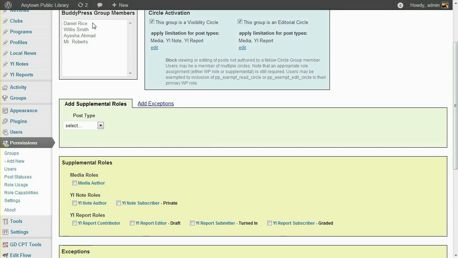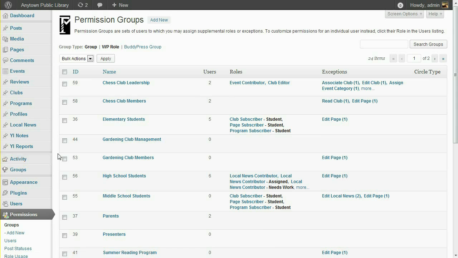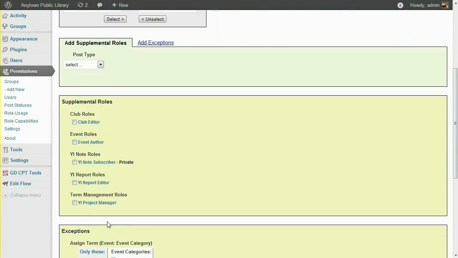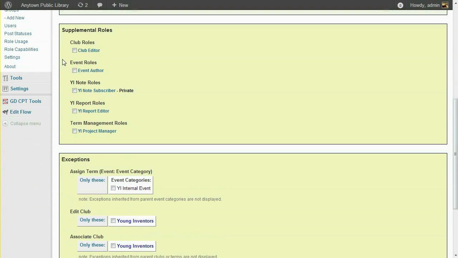Now, before I demonstrate these permissions in action, I'd like to show you what I have set up for the Young Inventors Leaders group. This is a custom-defined press permit group, YI Leadership. These group leaders have the supplemental role of club editor, which allows them to create or edit club pages. But the exception down here means that the